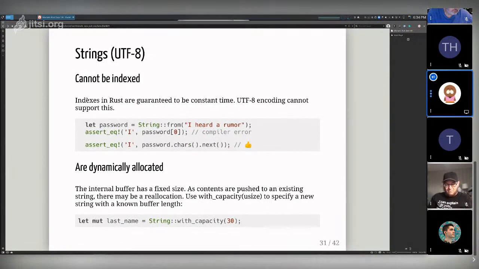Cool. So because indexes in Rust are guaranteed to be constant time, UTF-8 can't support that because again, the character width of a particular character is variable, right? And so it may return a single byte one time, it may return 2 bytes to represent a character next time.